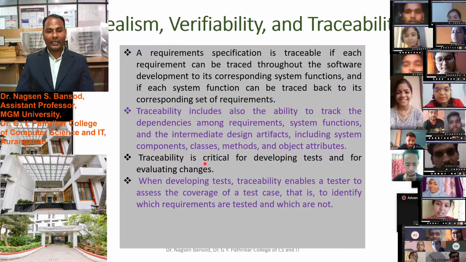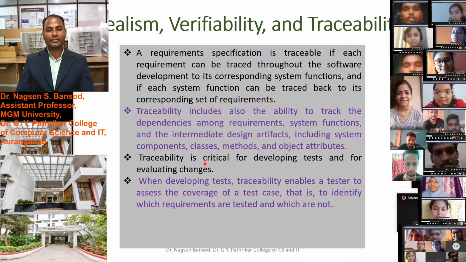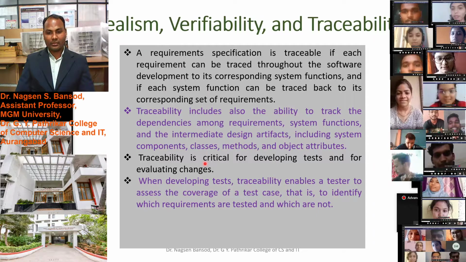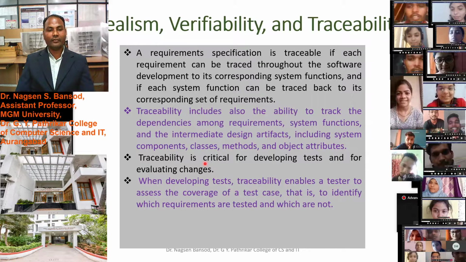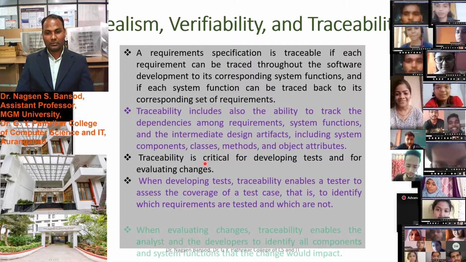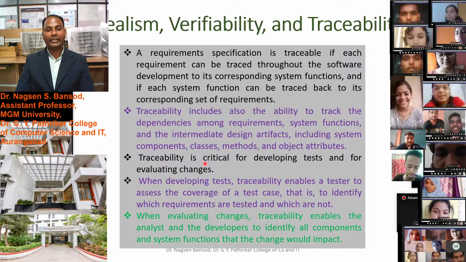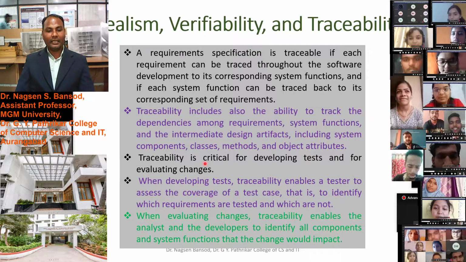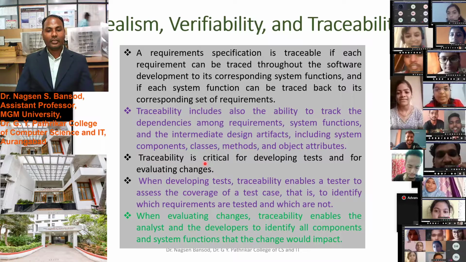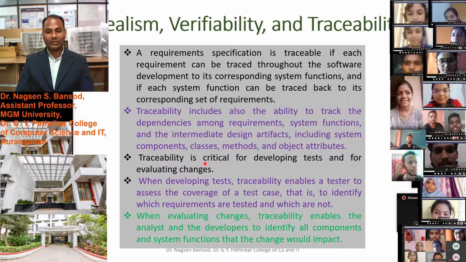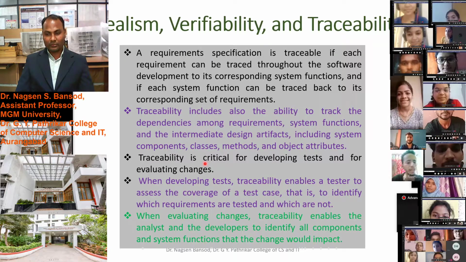When developing tests, traceability enables the tester to assess the coverage of the test cases, that is, to identify which requirements are tested and which are not. When evaluating changes, traceability enables the analysts and the developers to identify all the components and system functions that the change would impact.